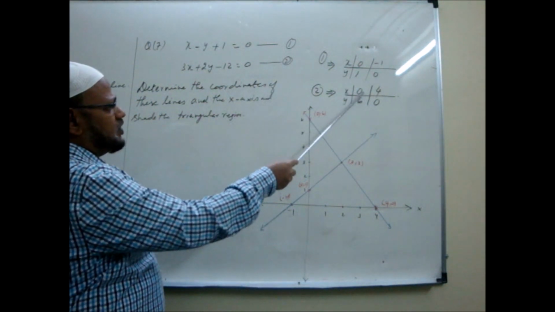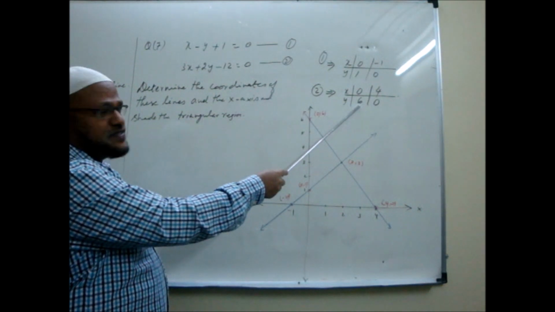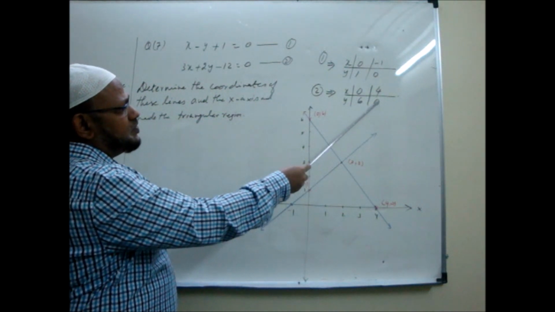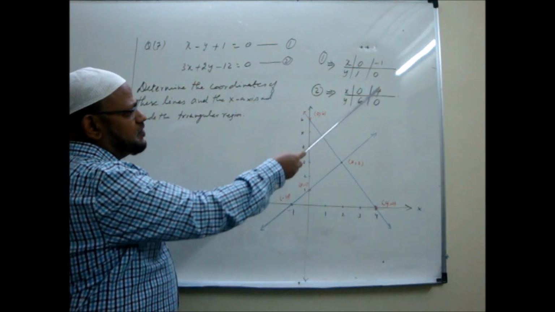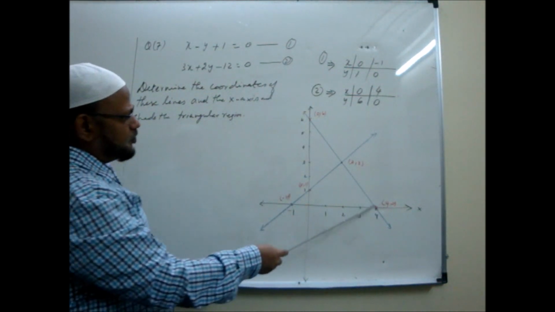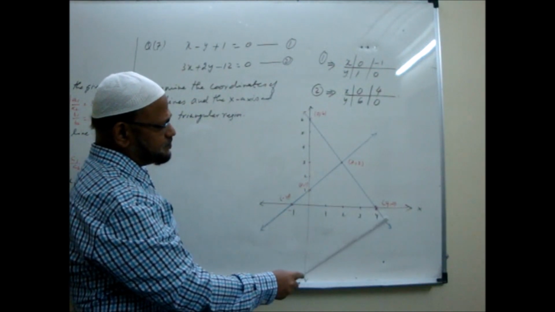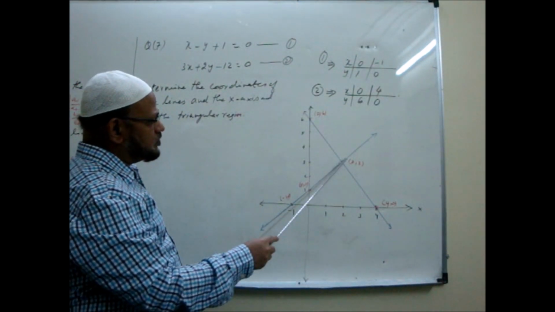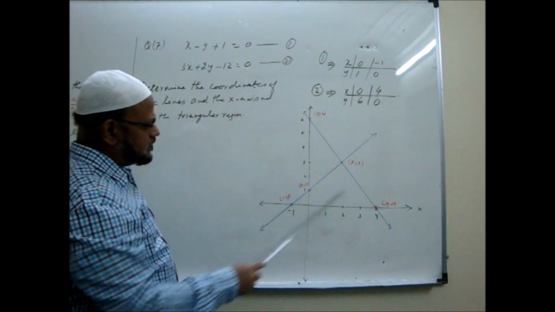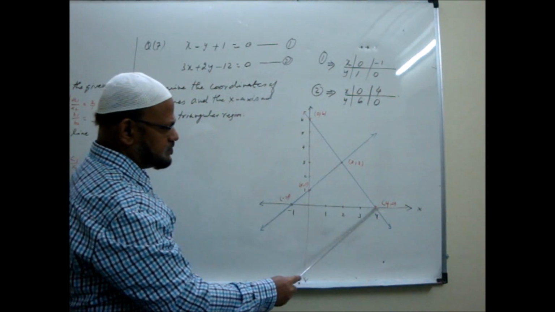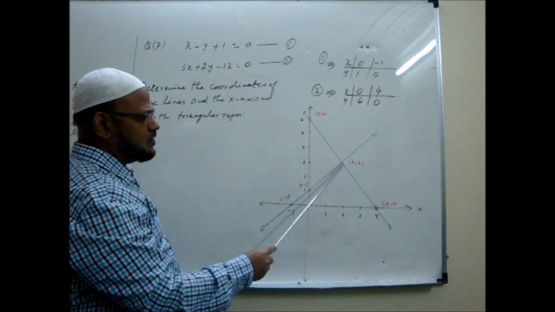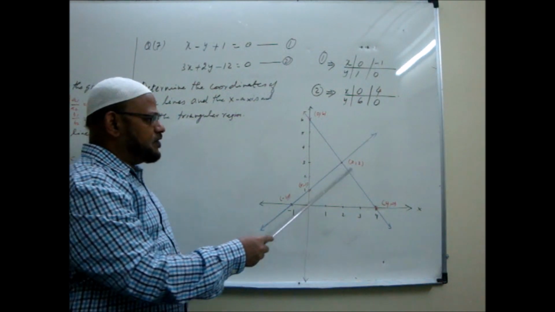Put x as 0, get the value of y. Y comes out to be 6. When I put y as 0, x will be 4. So the solution for this is 0, 6 and 4, 0. Then also plot and draw the second line. Okay. Now note down these are the two lines, and this is our x-axis. Here you are getting a triangular region. The two lines are intersecting at the point 2, 3.